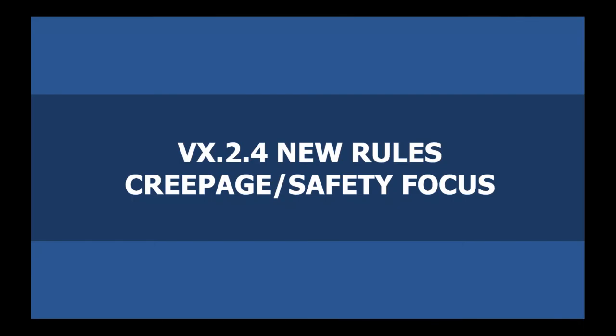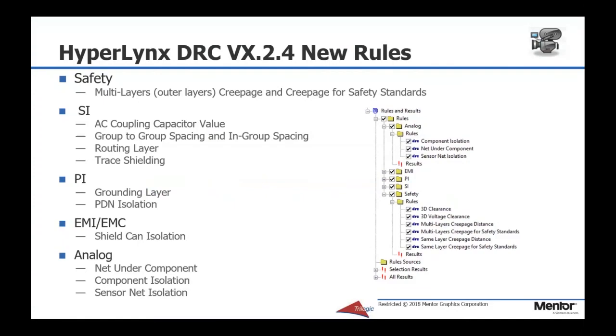HyperLynx VX.2.4 continues to add new rules making use of its geometric analysis engine. Added rules include analog rules for net under component, component isolation, and sensor net isolation. In the signal integrity area, 4 new rules have been added for trace shielding, routing layer, group-to-group spacing, and AC coupling capacitor value. New power integrity rules include PDN isolation and grounding layer, and another shielding rule under the EMI